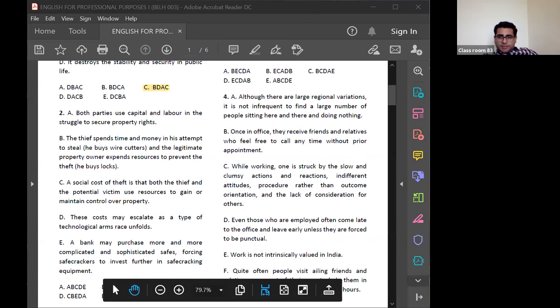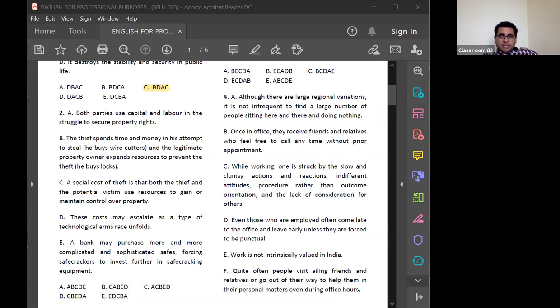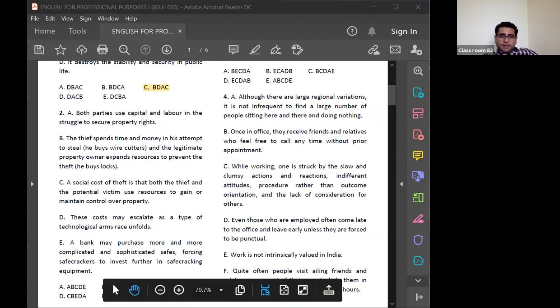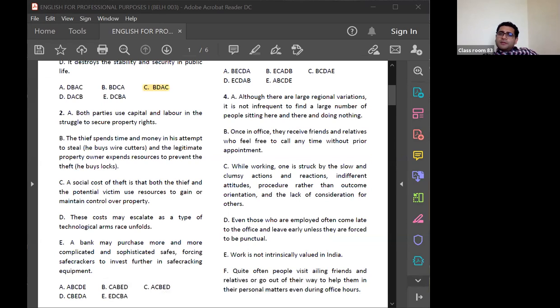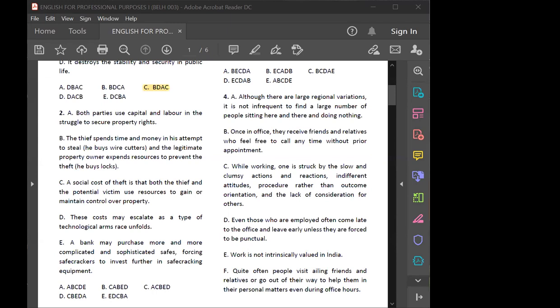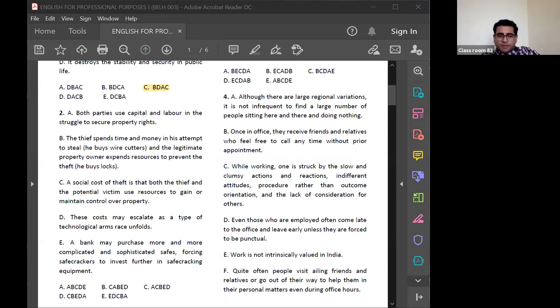Somebody has said something in the message. Ketan is saying B. Ketan, can you please come and enable your microphone? Ketan? Are you going to respond? Giving answers like this will not work. Nikhil, yes, you want to support Ketan? Sir, it would be B, the CABE.